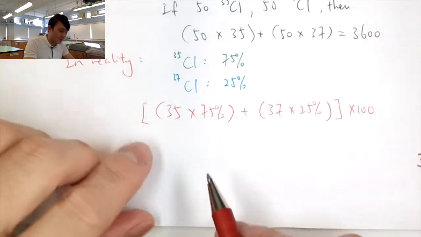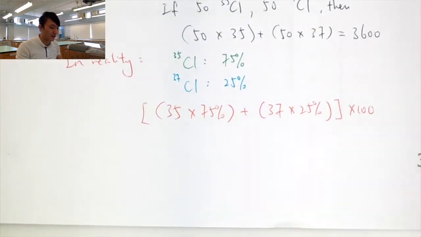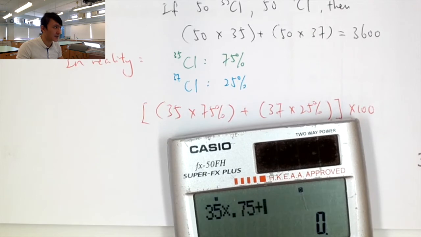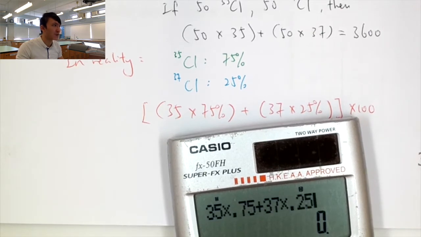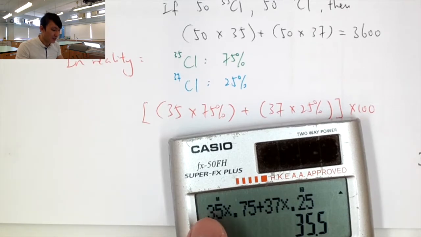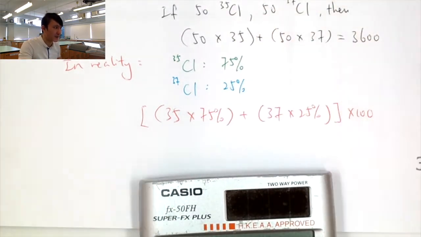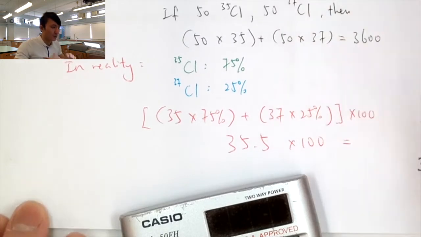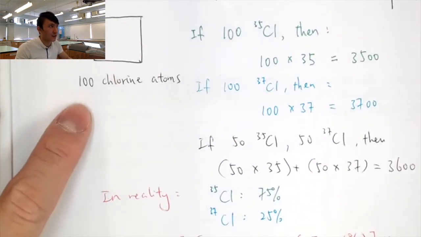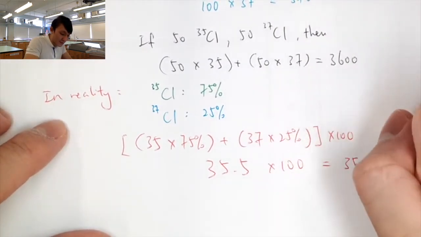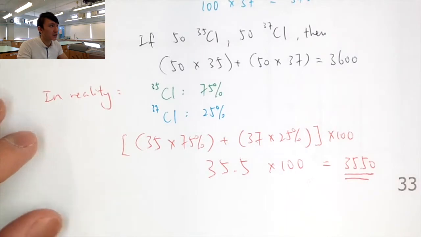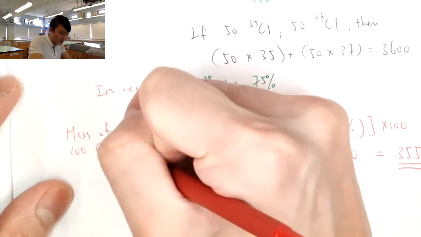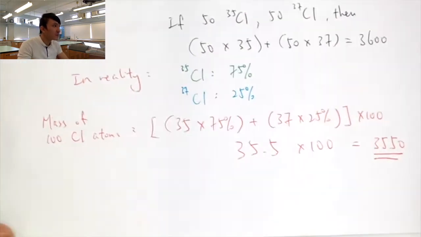So then you will be able to tell, or if you cannot calculate it in your mind, you can use a calculator. So 35 multiplied by 0.75 plus 37 multiplied by 0.25. So this is the value that you get inside this middle bracket. So basically you got like 35.5 multiplied by 100. So the total mass of this 100 chlorine atoms would be 3,550. All right. So here we are talking about the mass of 100 chlorine atoms, okay, which is